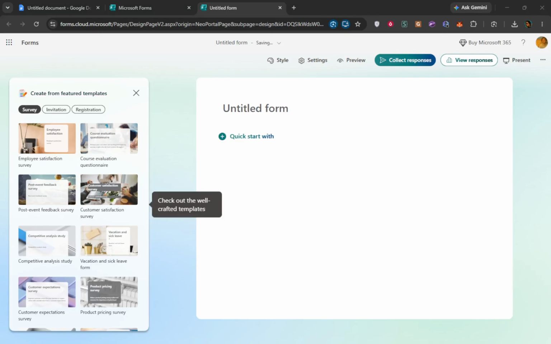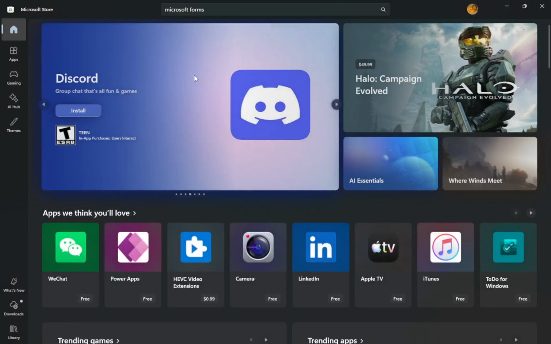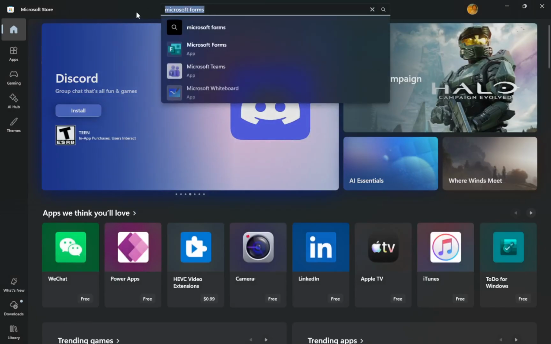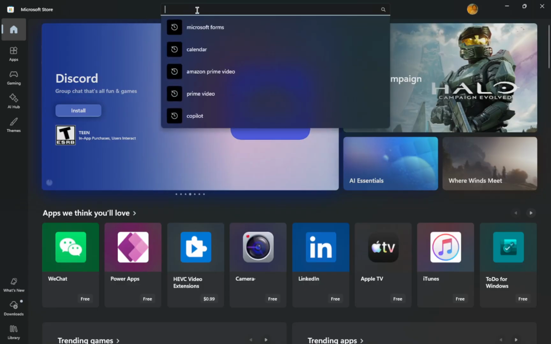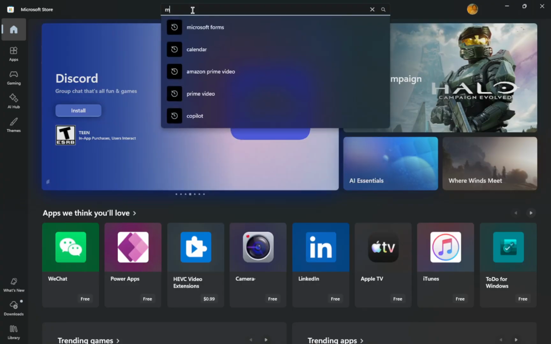Open Microsoft Store on your device. When it starts, you should see a home area with featured apps and a menu on the side or along the top. This is where you can search for apps to install. From there, click the search bar on top. The cursor will appear in the search box, ready for you to type. This tells the store that your next action will be a search for an app by name.